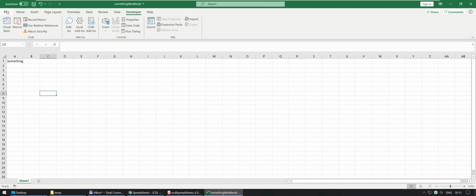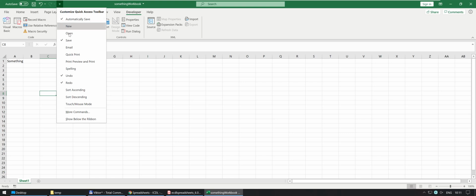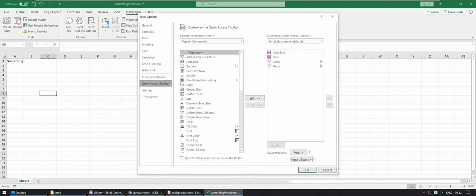The other thing you might want to have a look at is these four things up here, which is actually three. You have the custom toolbar, the Quick Access, and by default you have Save, Undo and Redo, and you can customize it here, and you can add in some default things like New or Open or Email, Spelling, Sorting. You can move it to be below the ribbon if you want,